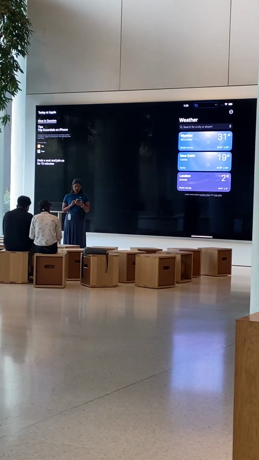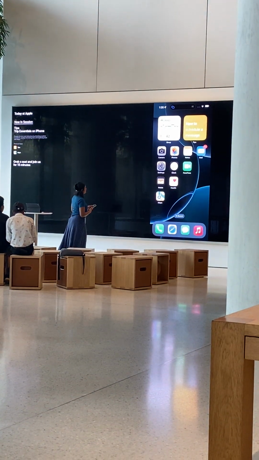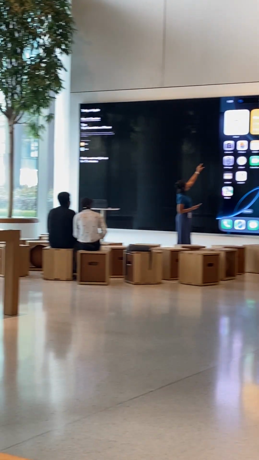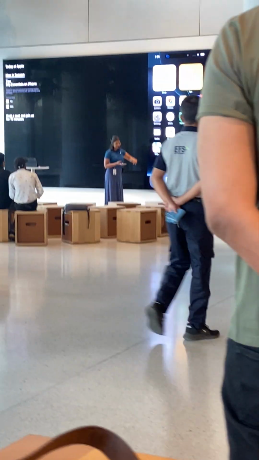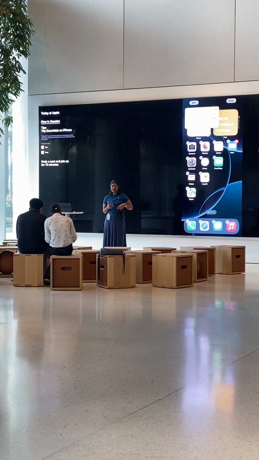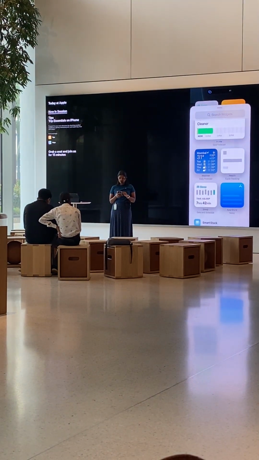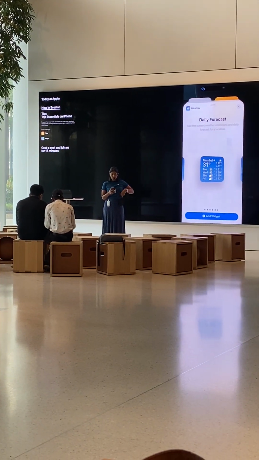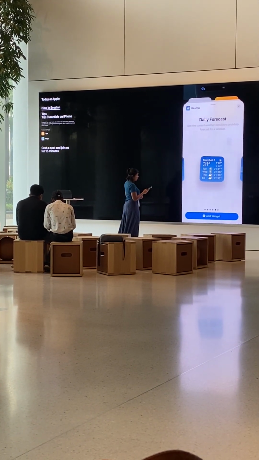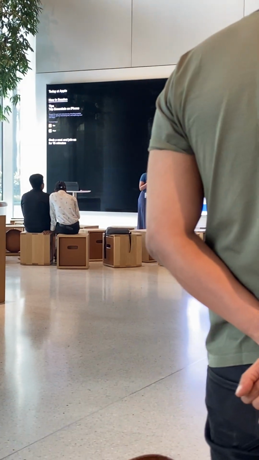So on top of this, you can also add weather widgets to your home screen. So something like this. So I have a widget for the tips and the sleep app. But if you want to add a widget for weather, just long press anywhere on the screen, tap on edit and tap on add widget. So you can add a weather widget so you know what the weather is like for the next few days. Or you can also add like sunrise and sunset widgets depending on what kind of weather info you want.